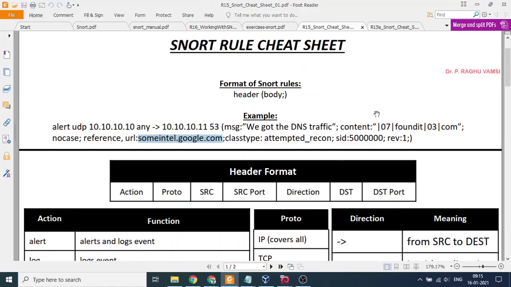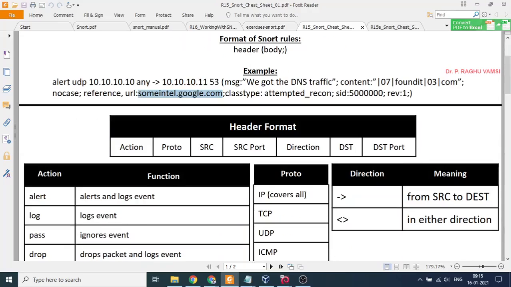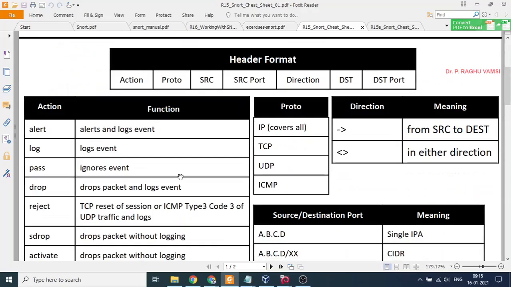The header format will be like this: action, protocol, source address and port, direction, destination address and port. So this is the header format. While coming to the rule body, we inspect each and everything. Now let us see the action part. In the action, so far we have seen only alert.